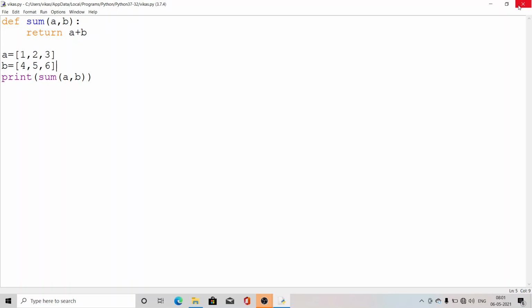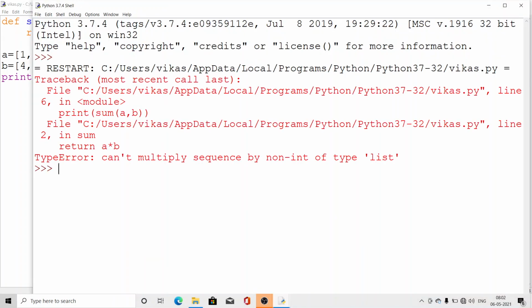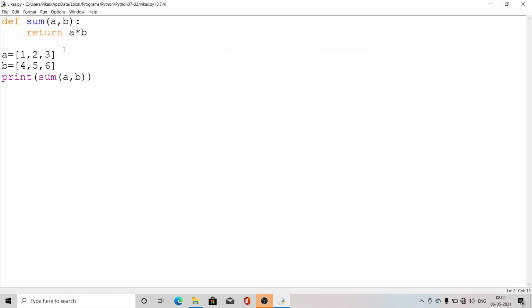We can't do it like this: we have defined here that it may add two numbers, and we are passing a list, then the action is taken by the function as a list, because we all know that the plus sign is also used in lists. Now look here, logical error, what is that? Now it is a logical error. Why? Because in list replication, one variable should be a list, one variable should be a number. If we are passing 4 here, it is okay, now the output will come.